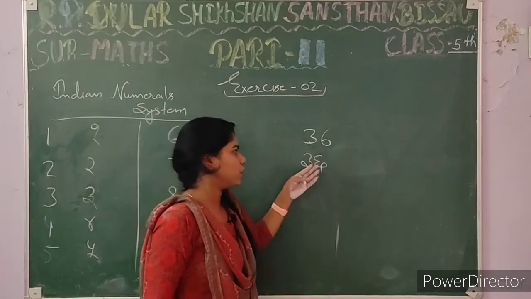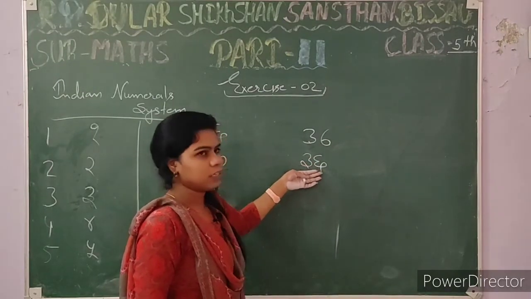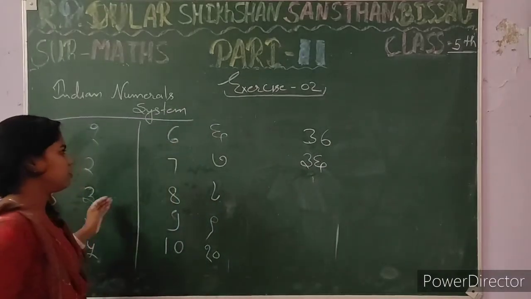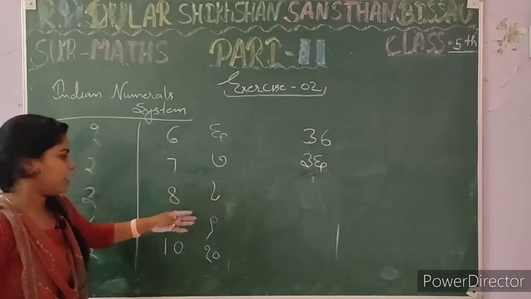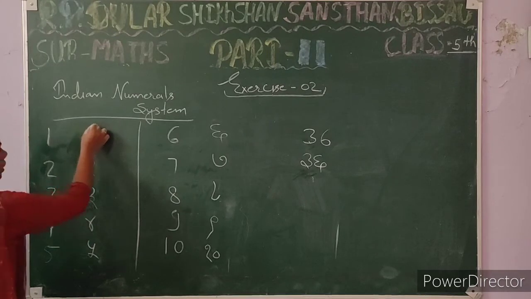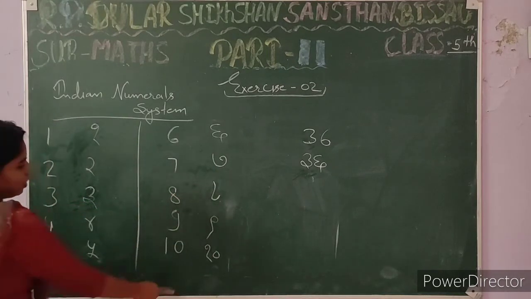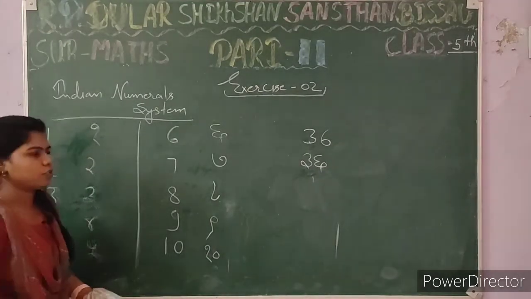Don't be confused here, ma'am, you write the 3 and 6 like this, but this is the way to write here. 3 is written in this way and 6 is written this way, opposite to each other. Then 7 8 9, 1 and 9 are opposite. In 1 the circle is on the left side, and in 9 the circle is on the right side. Then 10 11 12 13 14, we write these type of questions also.